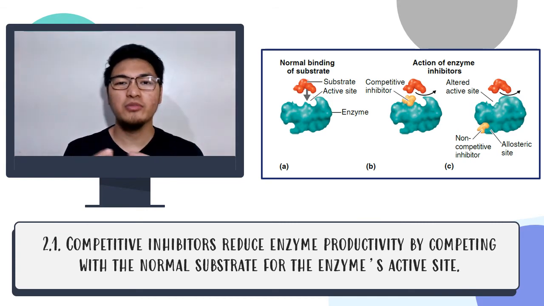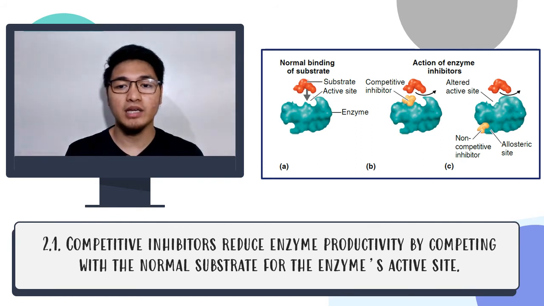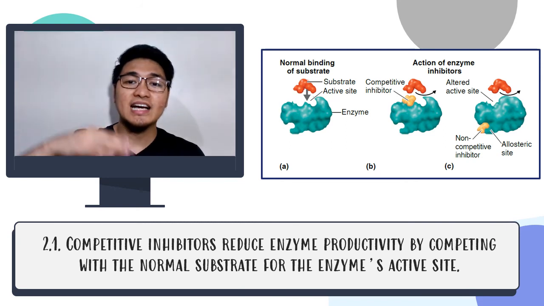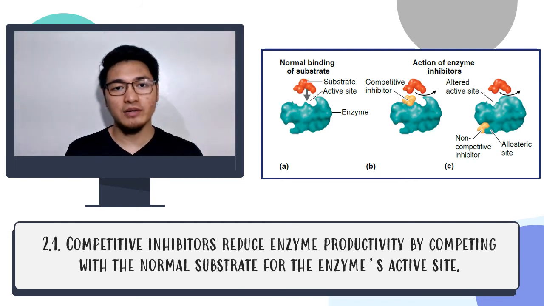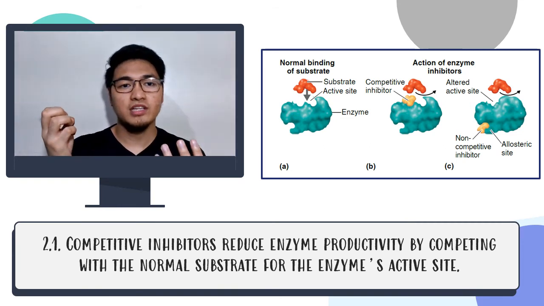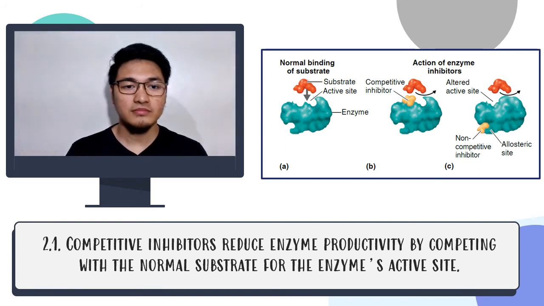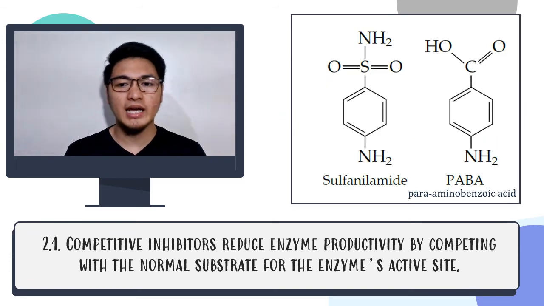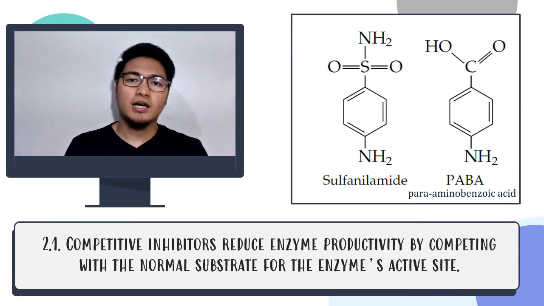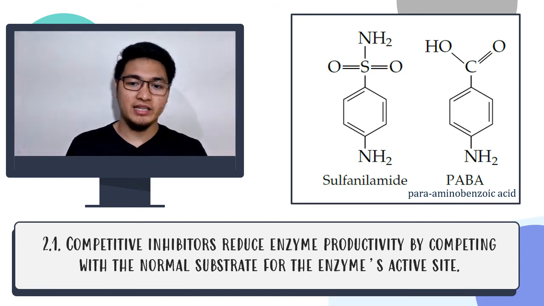So to overcome that, normally the reversible effect of a competitive inhibitor, we increase the substrate concentration. Of course, the higher the substrate concentration and the lower the competitive inhibitor, the higher the chance that the substrate will interact with the active site of the enzyme. So, an example of a